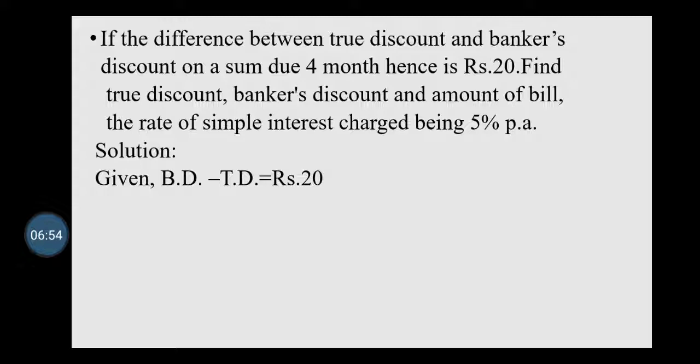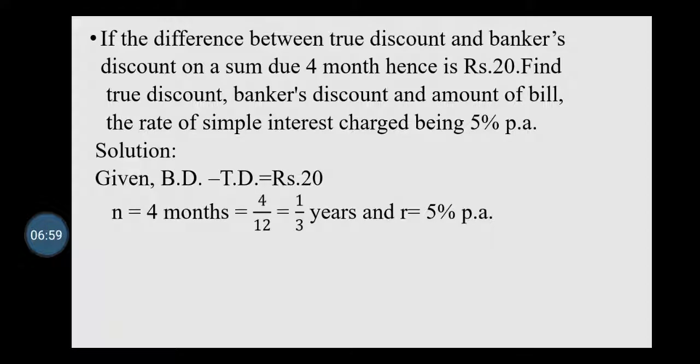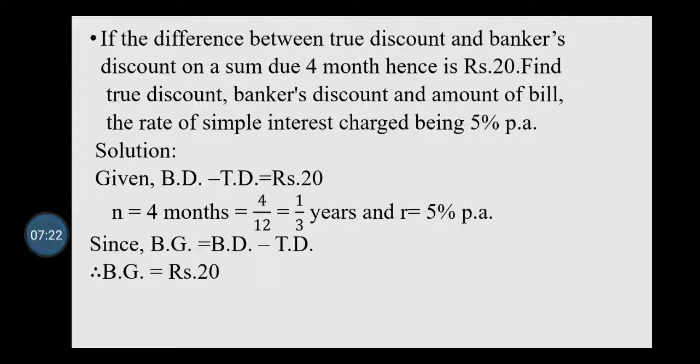Given banker's discount minus true discount equal to rupees 20, n equal to 4 months. 4 months means 4 upon 12 years, and 4 upon 12 years means 1 upon 3 years, and the r equal to 5% per annum. Since banker's gain is equal to banker's discount minus true discount, so banker's gain becomes rupees 20,